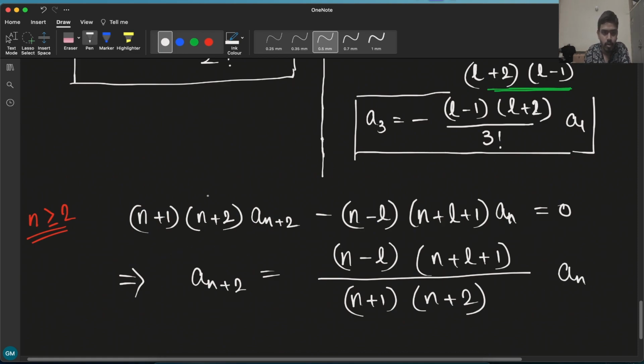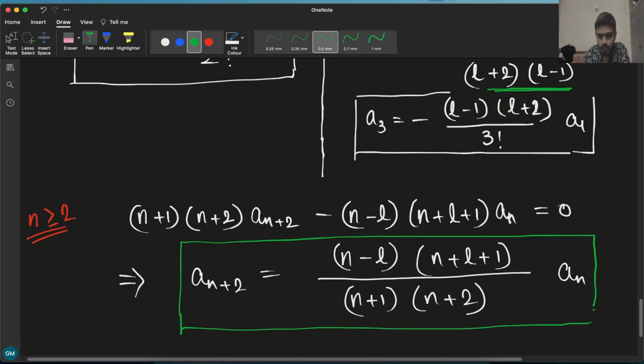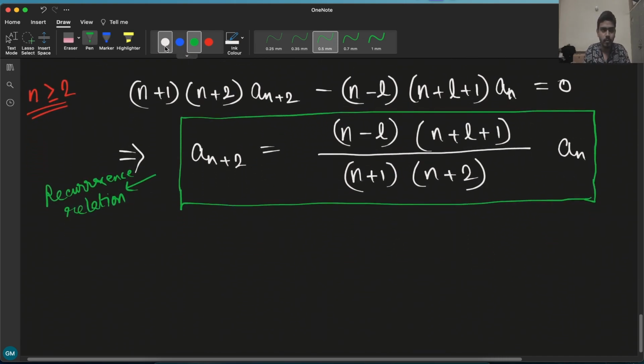Okay, so this is our recurrence relation. What it does,